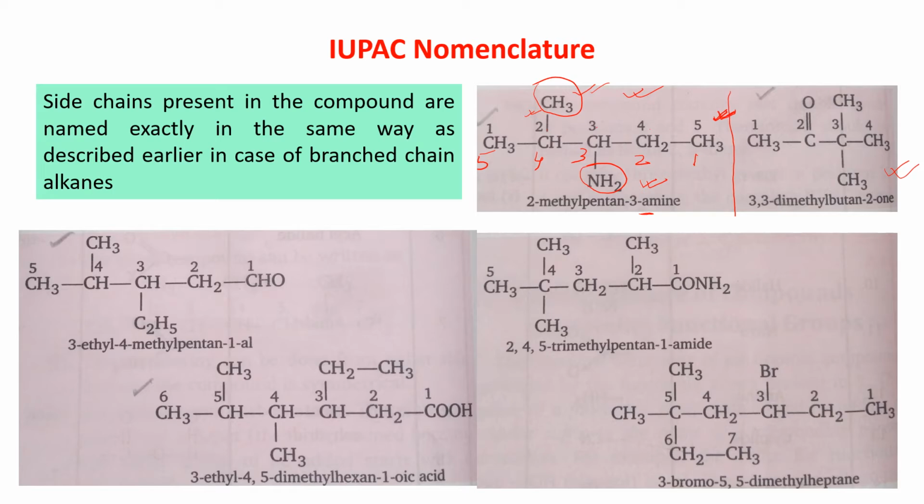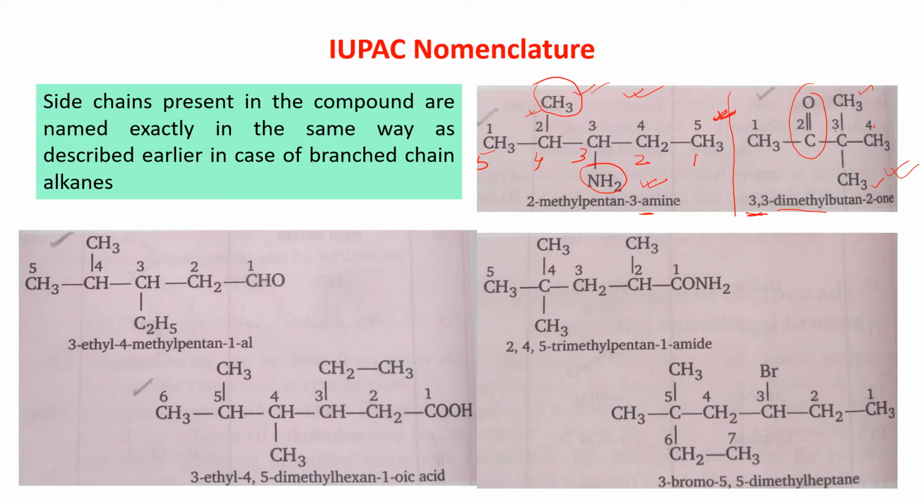Now here, this is C double bond O, on. Now this will get the lowest number. So 1, 2, from left to right, 1, 2, 3, 4. Now in the third position, 2 methyl groups are present. So what will the name of this compound be? If 2 methyl groups are present in the same position, then you have to write the position 2 times: 3, 3. And 2 methyl groups, so dimethyl. 3,3-dimethyl, 4 carbon atoms, so it is butane, 2-on.